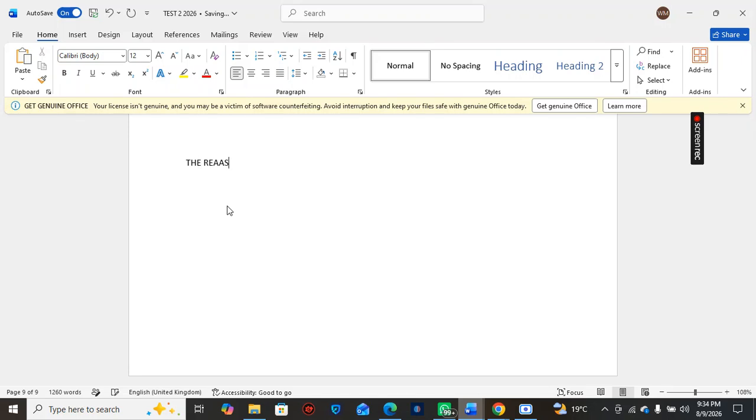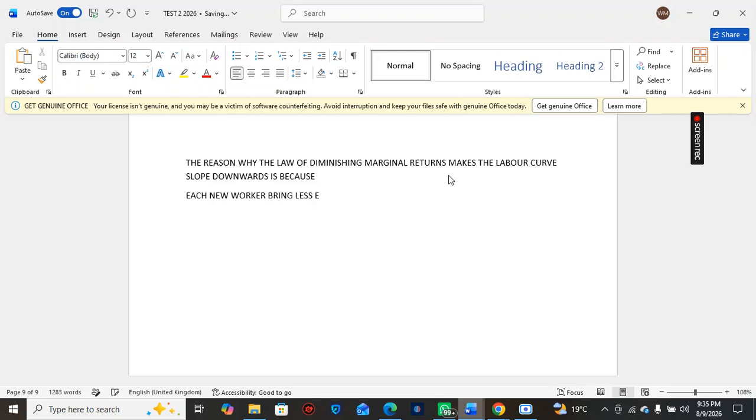Okay, so the reason why the law of diminishing marginal returns makes the labor curve slope downwards is because each new worker brings less extra output. Okay, so therefore for a firm, if every worker, each new worker is bringing in less extra output,